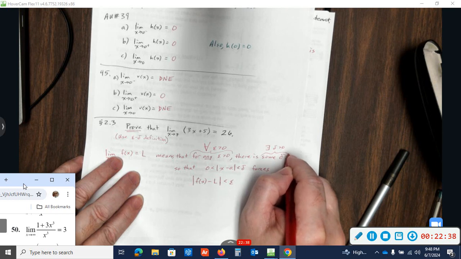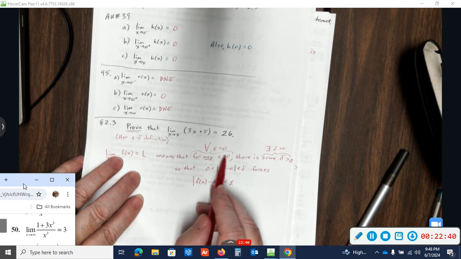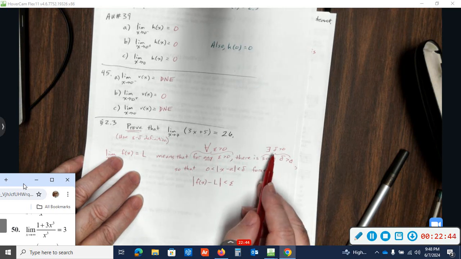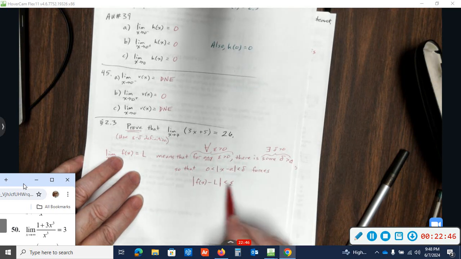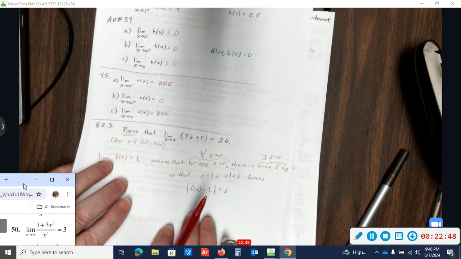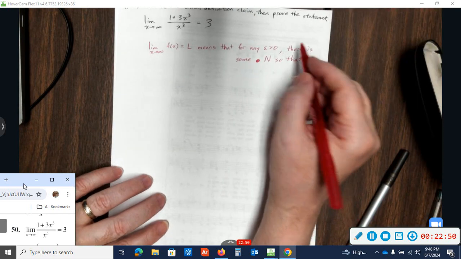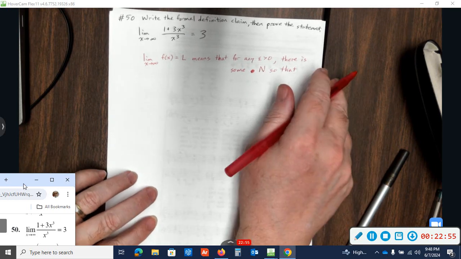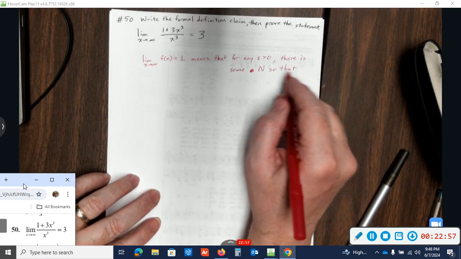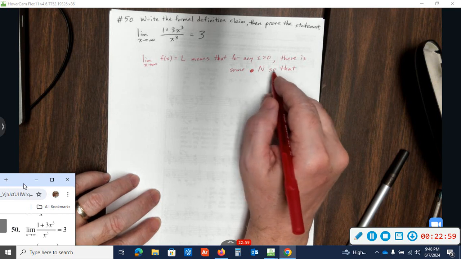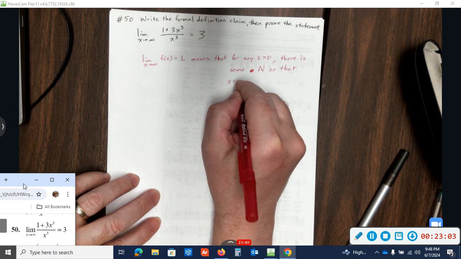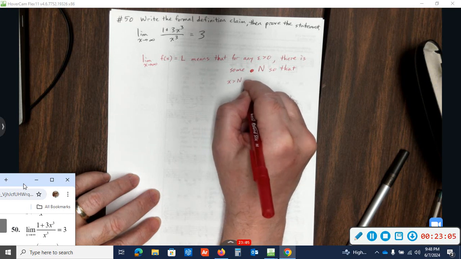However small you want the value of epsilon, there exists some small value of delta so that this happens. I'm in a slightly different situation, so no matter what tiny epsilon you might pick, there's a far enough out, there's a big enough n value so that x being bigger than n guarantees